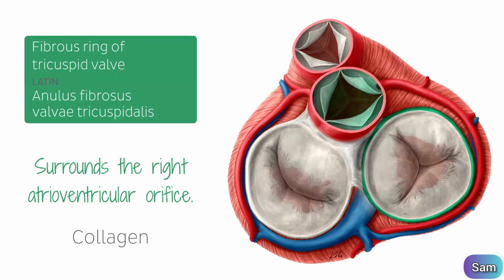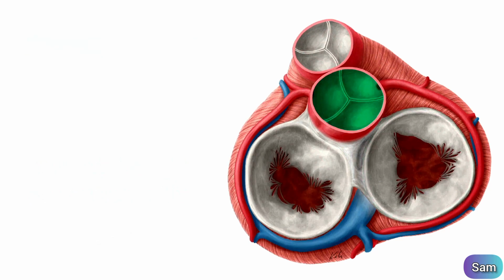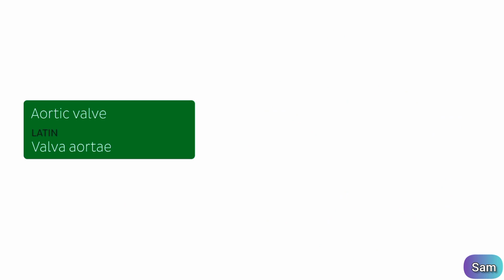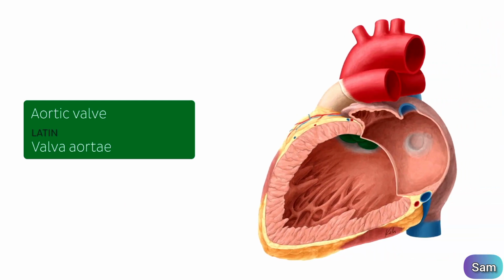We're going to start talking about the semilunar valves, and right now we're looking at the aortic valve. Now, the aortic valve normally has 3 leaflets. It lies between the left ventricle and the aorta. In terms of the role associated with the aortic valve, notice here that I just cut open the left ventricle, and you can see here the aortic valve, which opens to